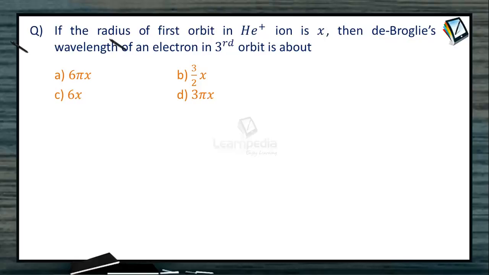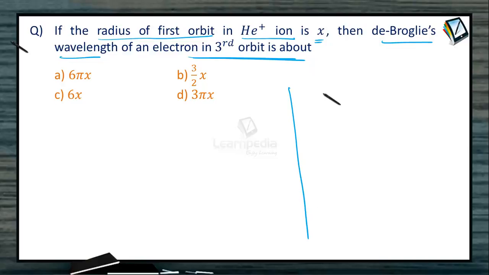Another question. If the radius of first orbit of helium ion is x, then de Broglie's wavelength of an electron in third orbit is about. So here the radius of the orbit in helium ion, we know that radius of nth orbit in any hydrogen-like